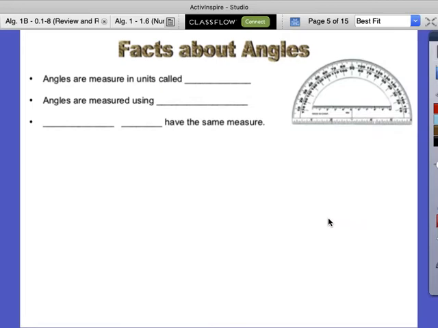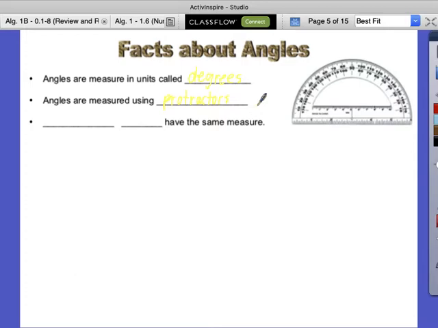So angles are measured in units called degrees. Have you heard of a 90-degree angle? Same idea. Angles are measured using a tool called a protractor. I don't want you to think that we're just supporting farmers. Protractors, not tractors. There's no anti-tractor either. And just like how we had congruent segments have the same length,